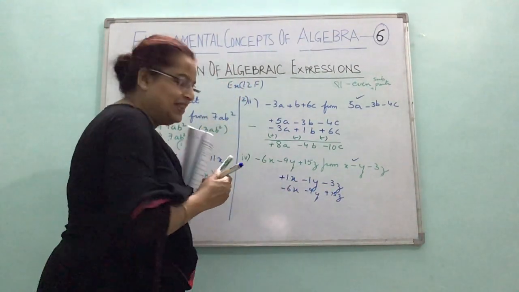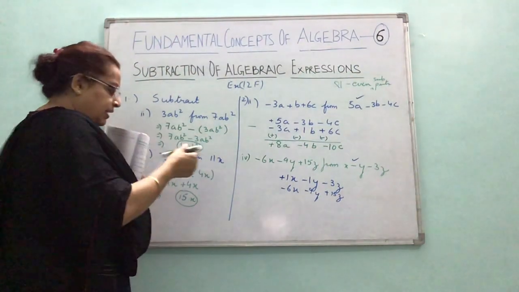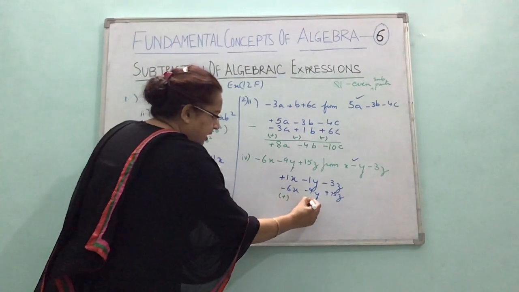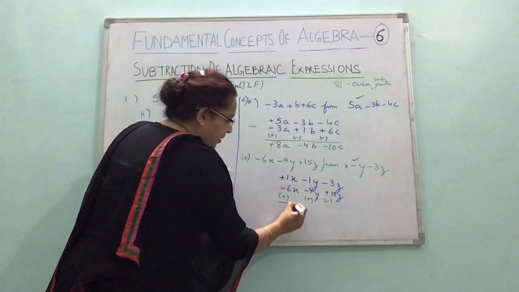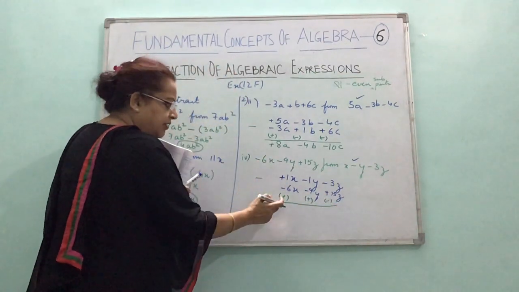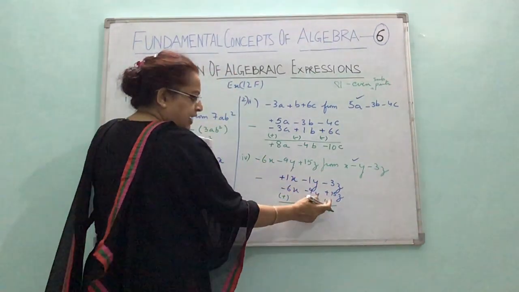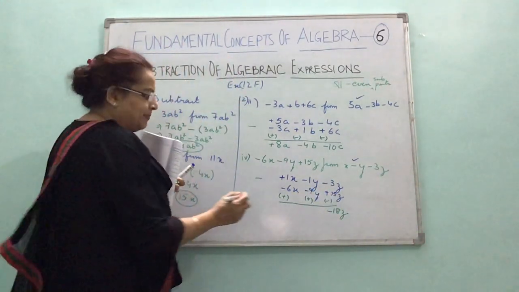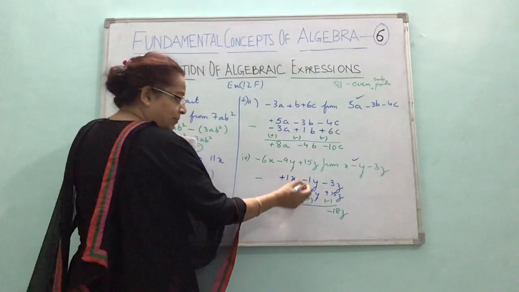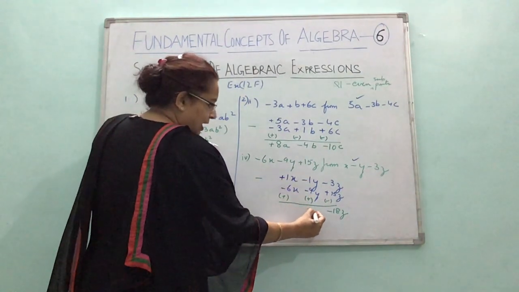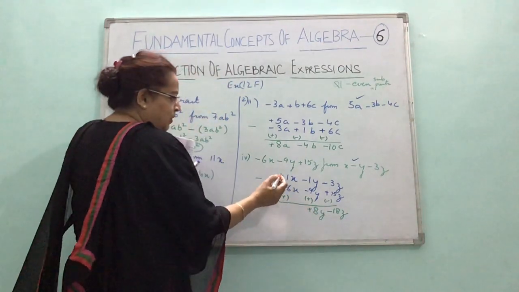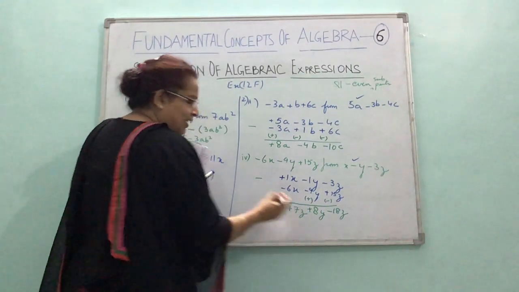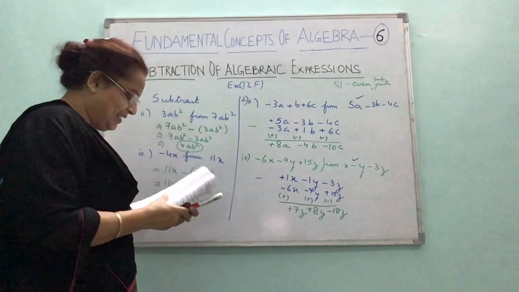Now what is the step after this, the important step? We change the sign. Negative becomes positive, positive becomes negative. And now add. Although we are subtracting, we change the sign and add. Minus 3 minus 15, same sign, we add and put the common sign, z. Minus 1 plus 9, plus 8y. Plus 1 plus 6, plus 7x. You get what is to be subtracted. Right, children?